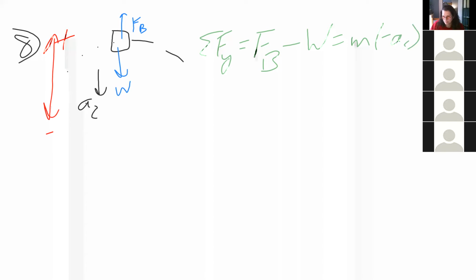In other words, why do we need that negative? Another way of saying why we need that negative is to indicate that the centripetal acceleration is pointing in the same direction as the weight. That's another way of putting that. Okay,